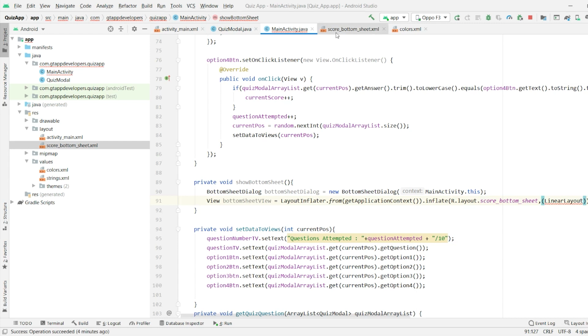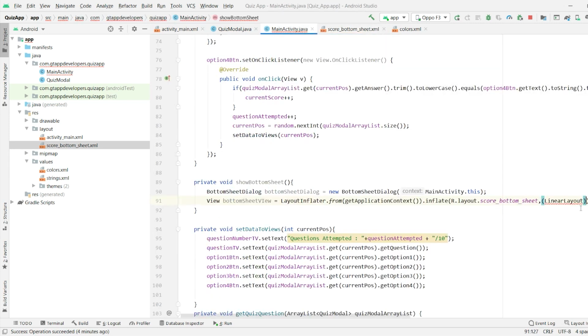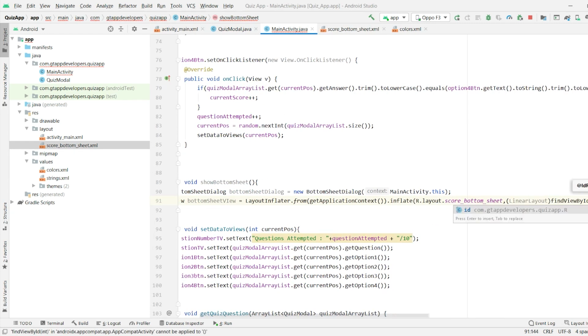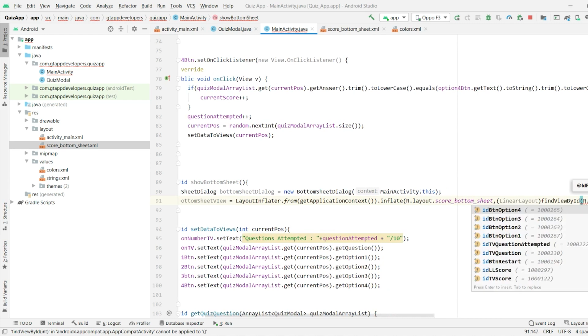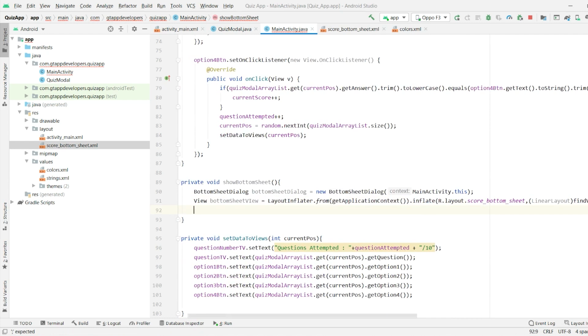We also have to specify an id for our linear layout here as idll score. Here we have to find that view as idll score. Now we have inflated that layout.